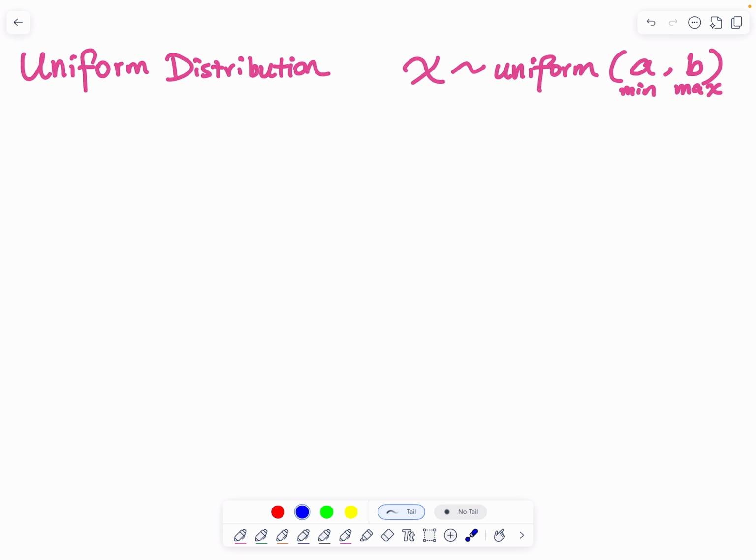When you work on a uniform distribution problem, the problem provides a minimum and a maximum. What you need to do is read the problem statement and find out that this is for a uniform distribution. They will just say it. They will use the words uniform distribution, and then they will provide a minimum A and a maximum B. So for the entire sentence, we will say: let x be a continuous random variable